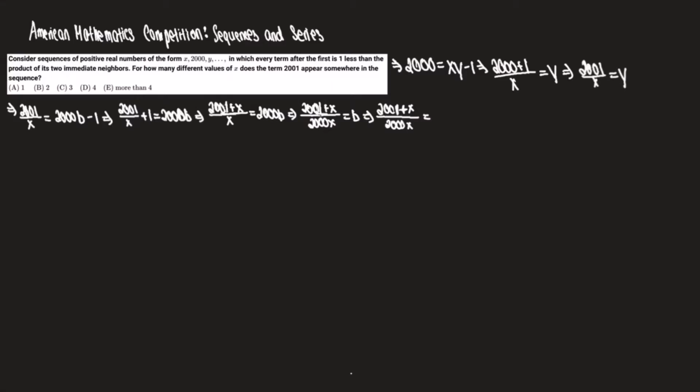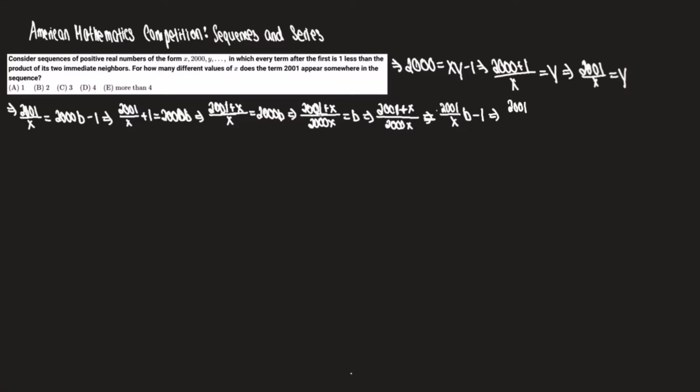So doing that, we get that is equal to the preceding one, which is 2001 divided by x, 2001 divided by x times b minus 1. Solving for b again, multiplying by x, you get